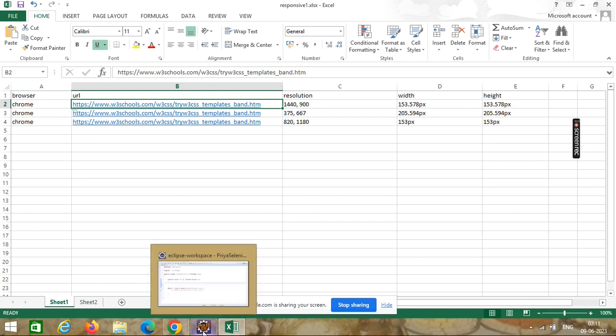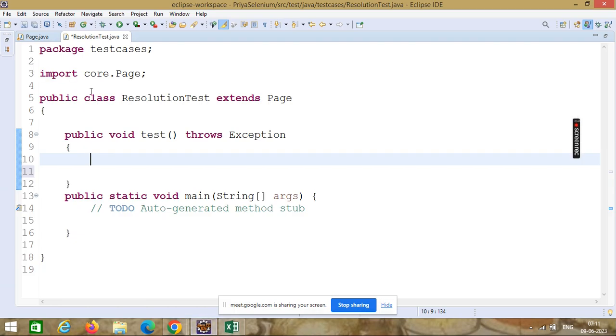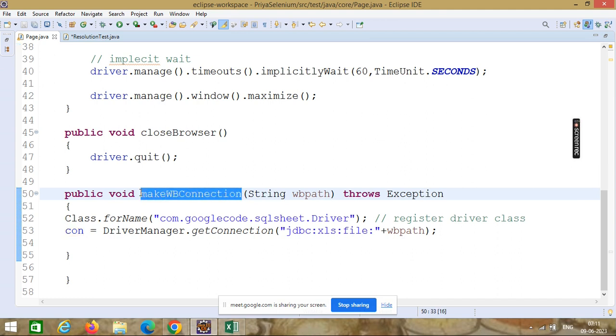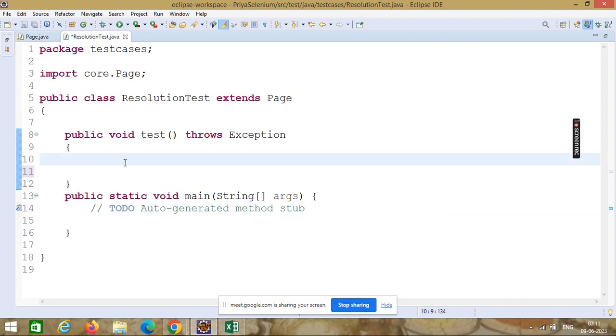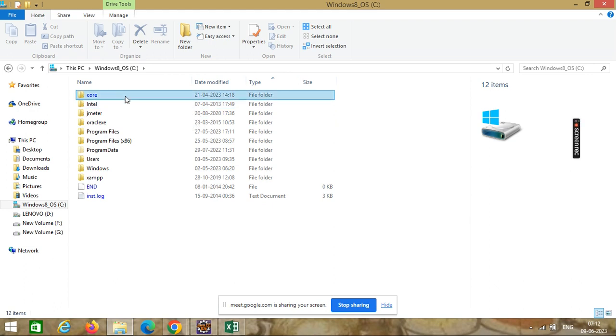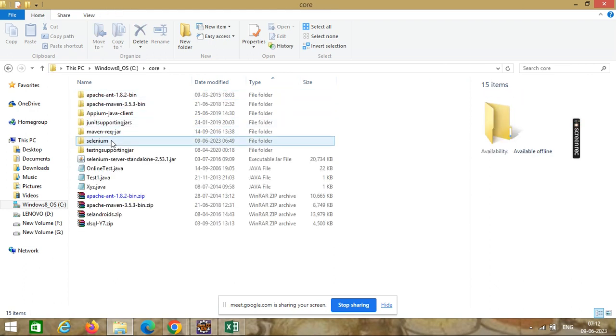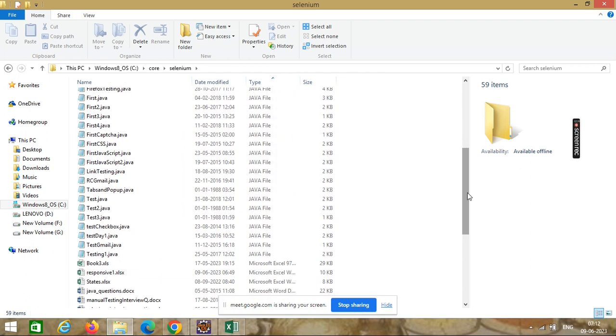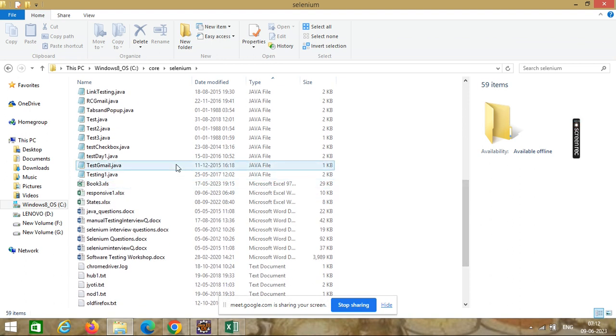So hence we have to establish the connection with the Excel sheet first. So I will open the connection with the Excel sheet by inheriting this method, make workbook connection. And the path of the workbook is C, it will be according to your machine, C4 Selenium. I am taking the path on my machine. So if you are working on your machine, you have to change it as per your machine.